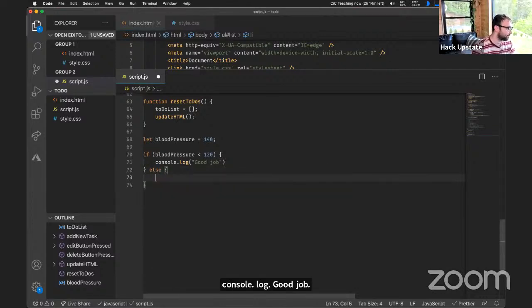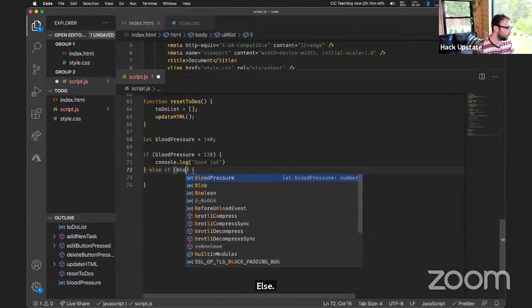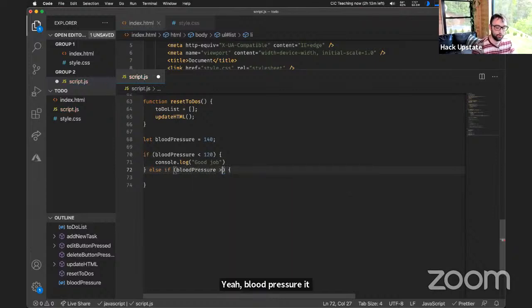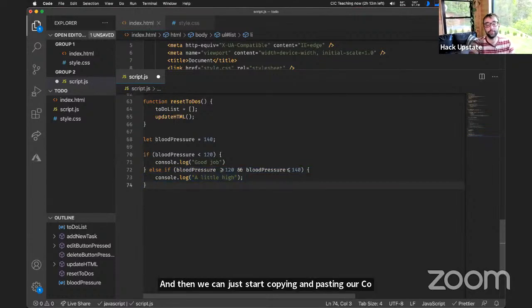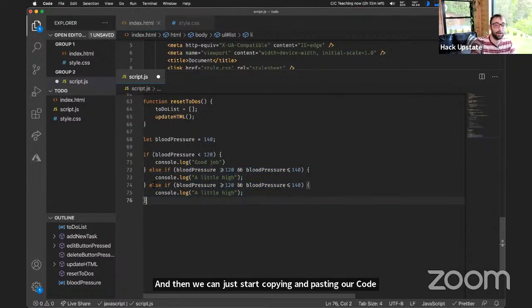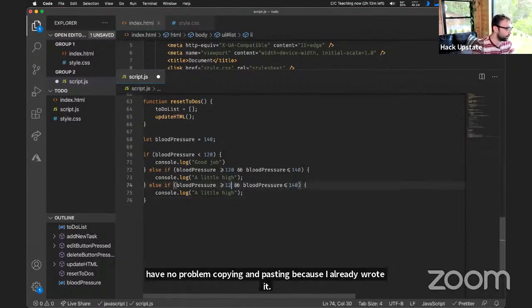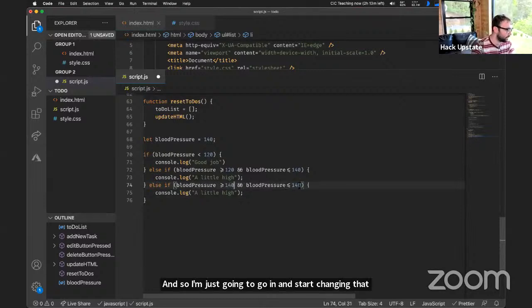Else, if blood pressure is greater than or equal to 120 and blood pressure is less than or equal to 140, console log a little high, and then we can just start copying and pasting our code. And Latonia, to your point, this is a place where I have no problem copying and pasting because I already wrote it. And so I'm just going to go in and start changing the numbers to say 140. We'll just say if it's greater than 140, say